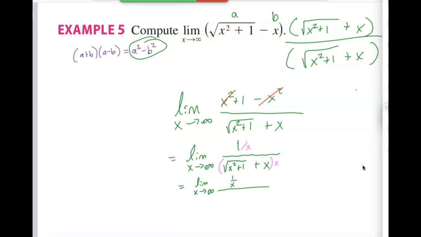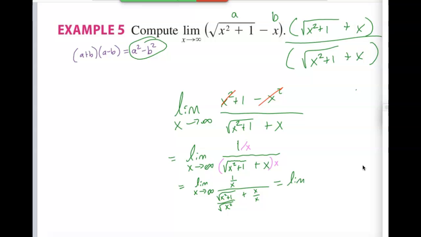All right. So we have 1 over x in the numerator. In the denominator, we have plus, let's see, x over x. We've got to sneak that x under that square root. So once again, to sneak the x under the square root, because what I have right now is this, I need to divide by the equivalent, which would be the square root of x squared, right? So underneath the square root, in that radicand, you're going to be dividing by x squared instead of just x,